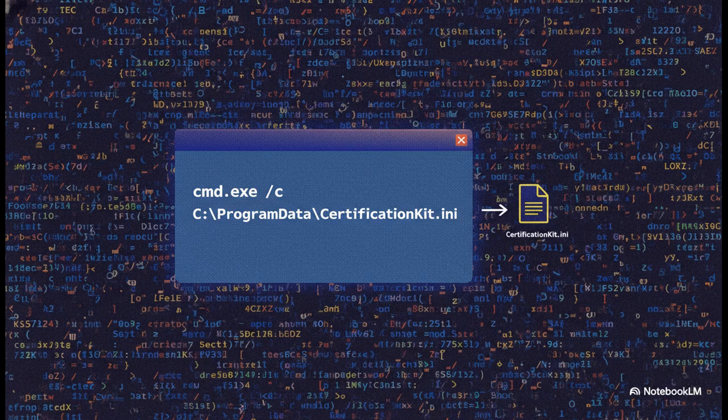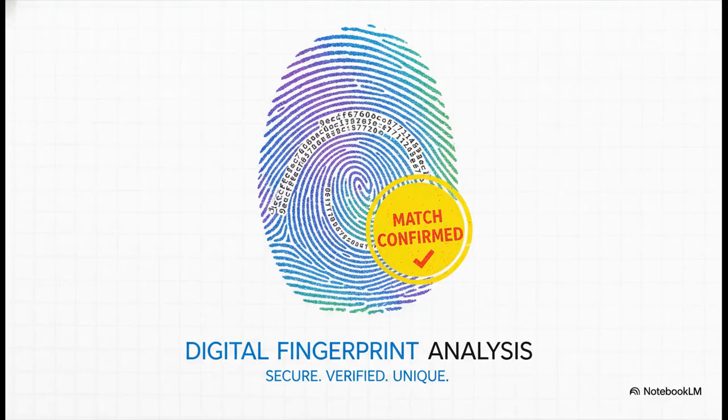And it was surprisingly simple. It just wanted to run one single command. That's it. It would call up cmd.exe to launch this file, certificationkit.ini, that it had sneakily dropped into the program data directory. Okay, so once that hidden file is extracted, we can identify it using its unique digital fingerprint, what